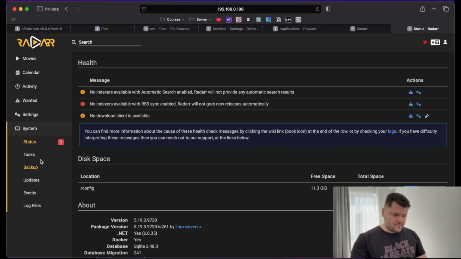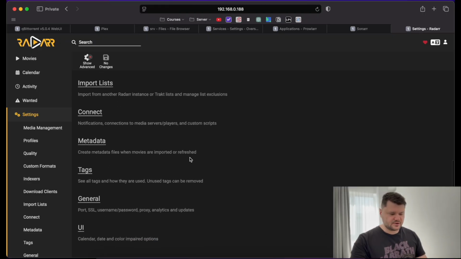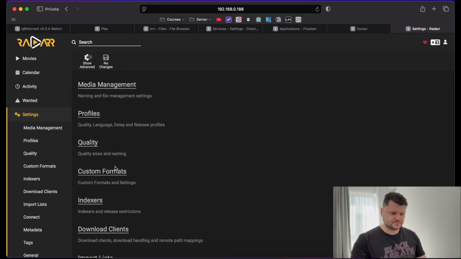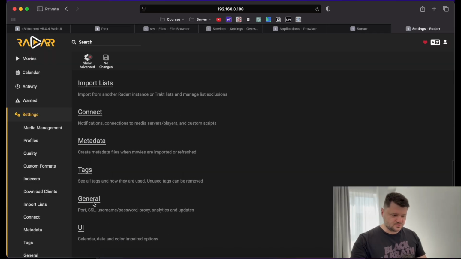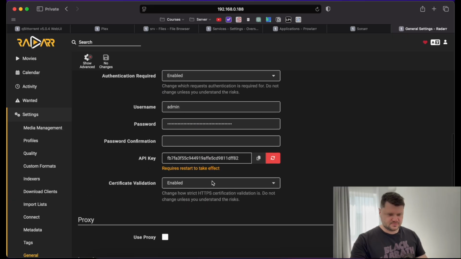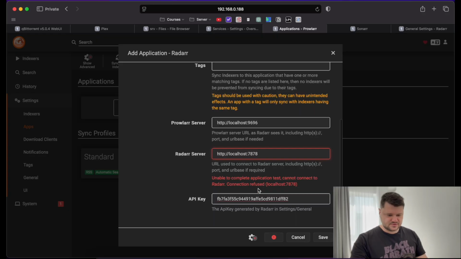So here on Radarr, we can go ahead and go to General and select the API key from here and add it,